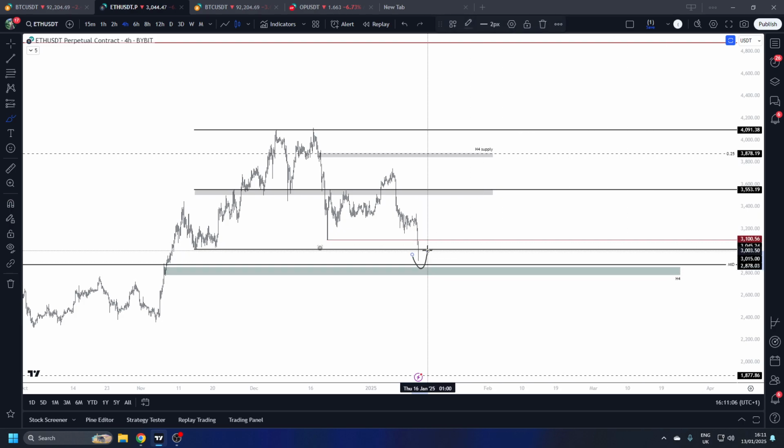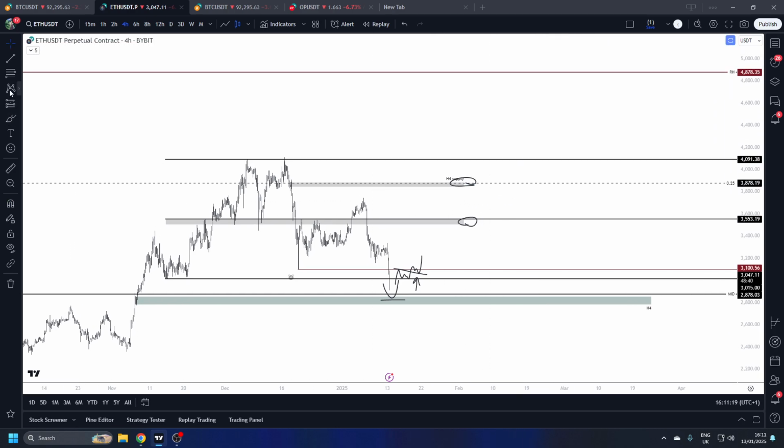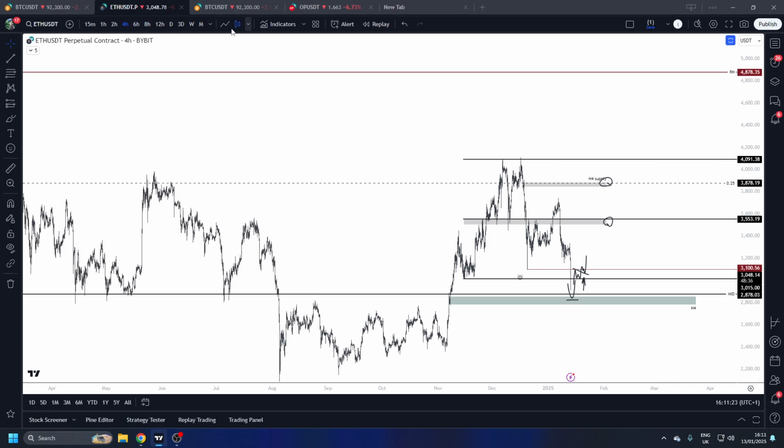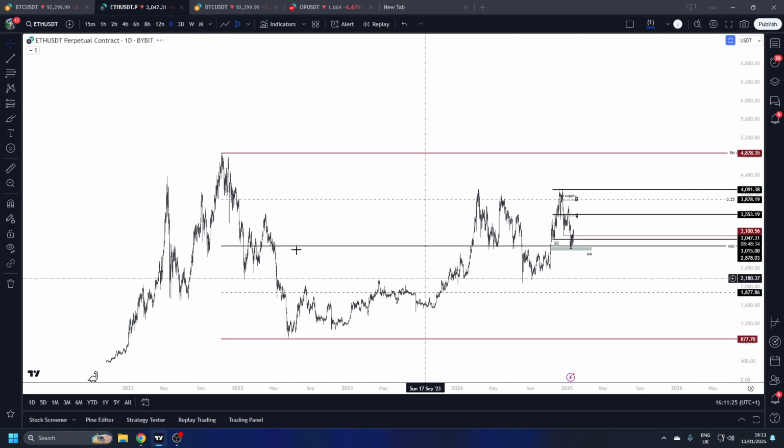But yeah, looking like a possible deviation now. You want to see price make some sort of lower time frame market structure break to get your entry, put your stops below, target the mid, target the H4 supply, and target the range high. And perhaps this is the higher time frame range high. You see it says range high up here. This is the higher time frame one. This will be the full TP,